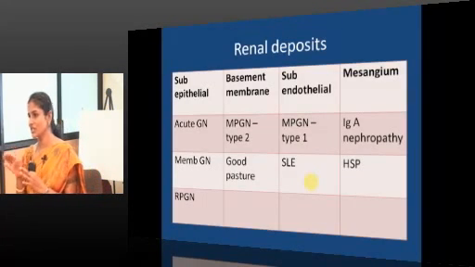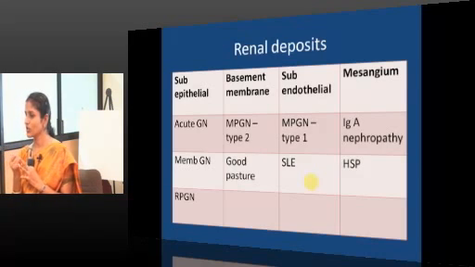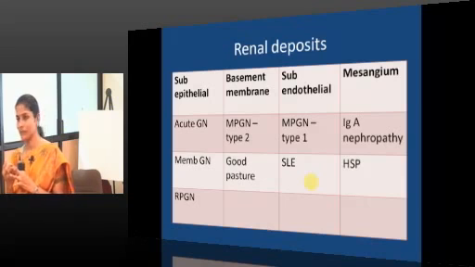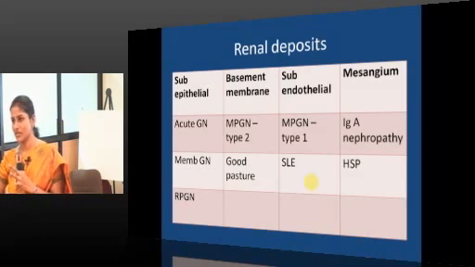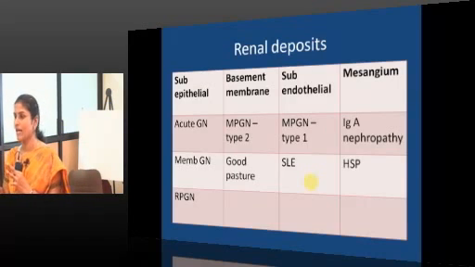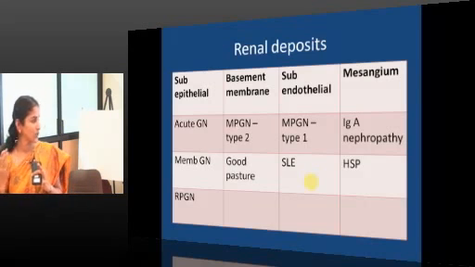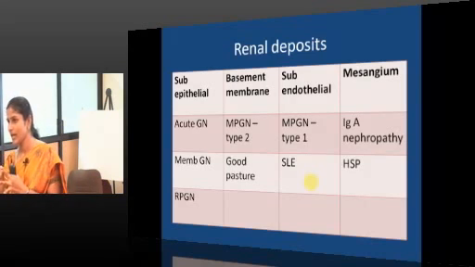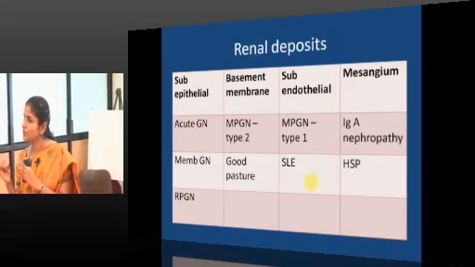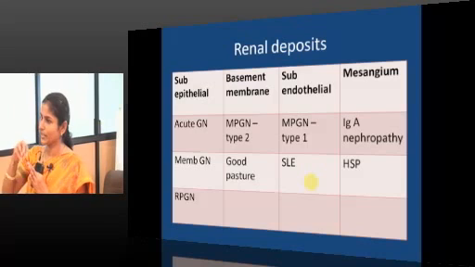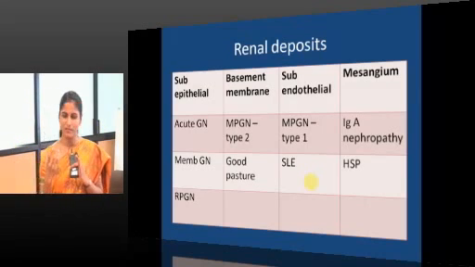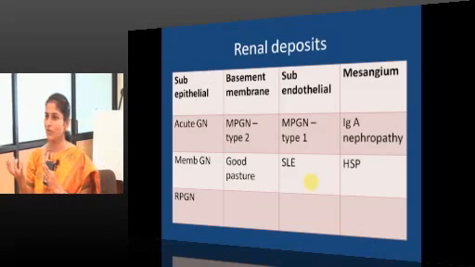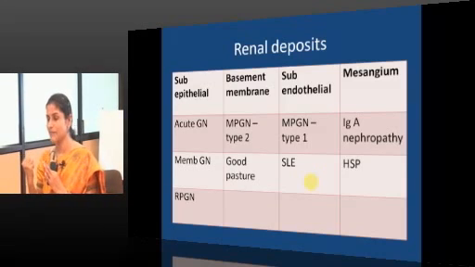So, the subepithelial location is preferred by post-streptococcal glomerulonephritis, RPGN and membranous, the one which you saw in the picture, in the example. So, membranous glomerulopathy. Second, the basement membrane will be preferred by Goodpasture, that goes without saying. Apart from that, you have the dense deposit disease, MPGN type 2. And then the third location would be your subendothelial, MPGN type 1 and SLE. These two are basically immune complex mediated diseases. Such immune complexes tend to get deposited in the subendothelial zone, purely because of the charge. And the mesangium always loves IgA, it just traps the IgA in it.